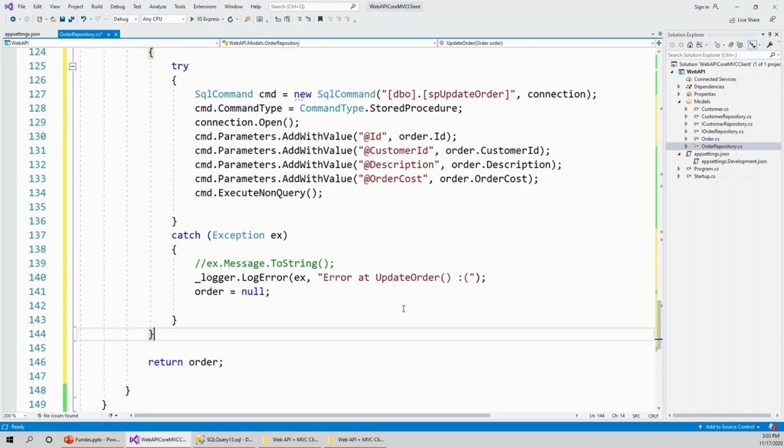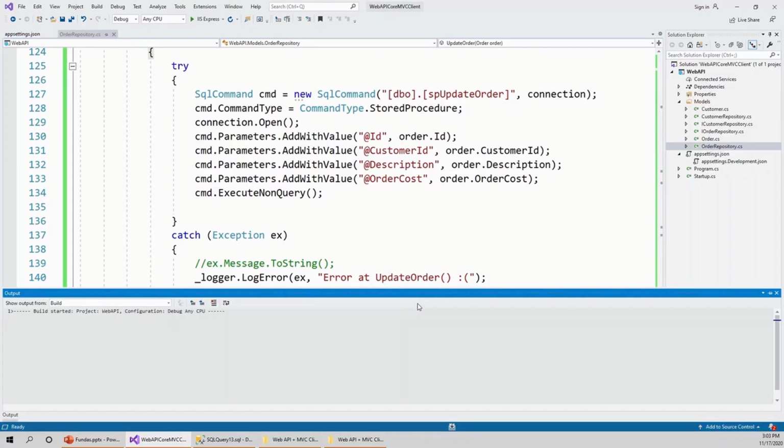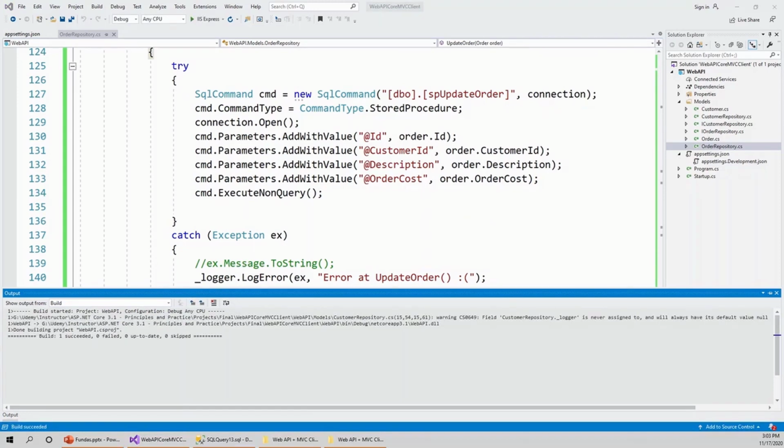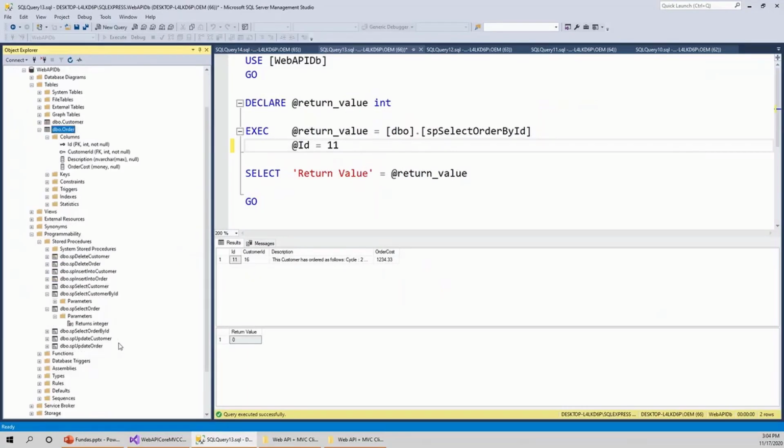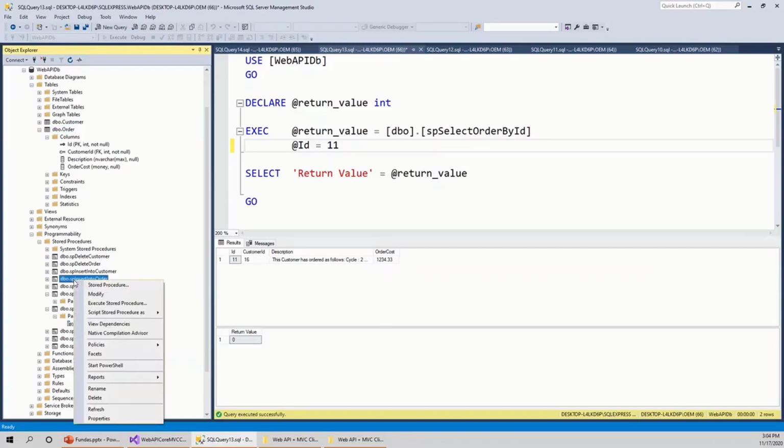Now let's press Ctrl+Shift+B to build the application, and then we'll inspect the stored procedures, the add method and the update. So build succeeded. Now let's flip over to the SQL Server Management Studio and execute these two stored procedures. SP select customer, SP select order we have seen, SP select order by ID we have seen, SP insert into order. Okay, so let's insert into order by executing the stored